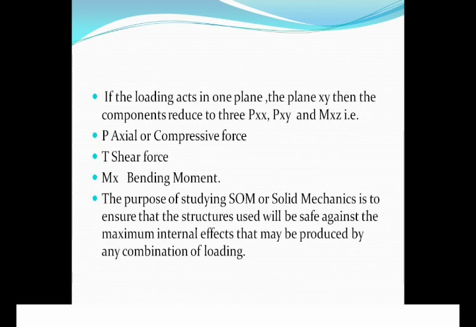So usually in solid mechanics we consider 1D, 2D, 3D, that is one dimensional, two dimensional and three dimensional forces. And for simplification, usually we go for 1D and 2D. Initially we will start with 1D, that is one dimensional force, and see what the effect of that is. Then we will go on to the second, two dimension, and the multiple directions. When we go for multiple directions, we will see what the complications are in calculation of the stresses and the strain that will be acting on the element.